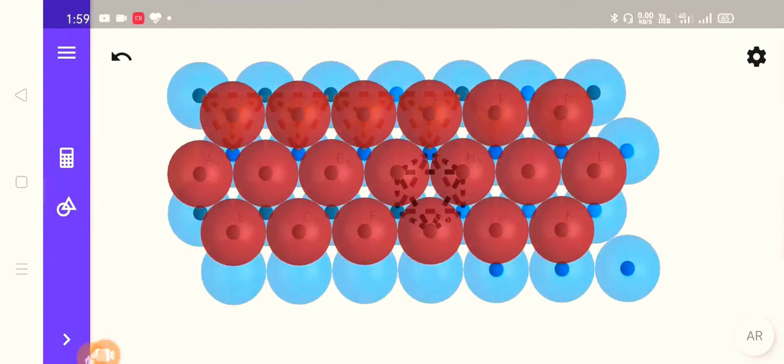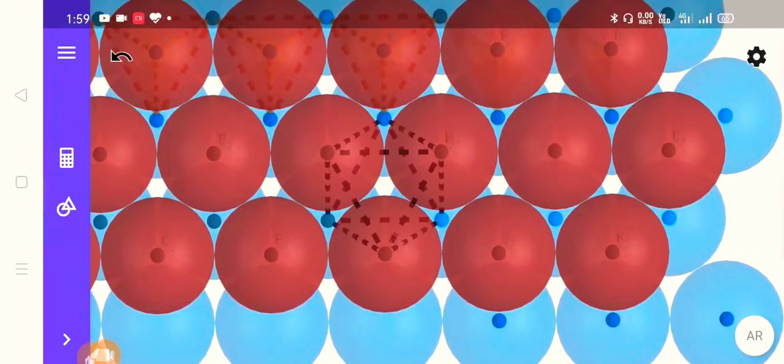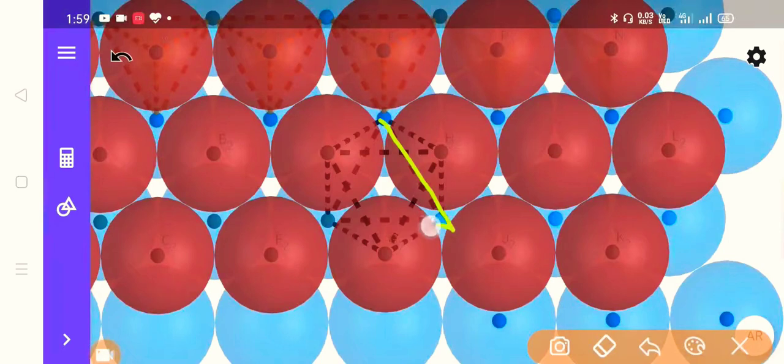Now let us find an octahedral void in this image. As mentioned, we need 3 spheres from the bottom layer and 3 spheres from the upper layer. So already one octahedral void is mentioned here. First of all, let us connect the centers of 3 spheres from the bottom layer. As you can see, when we connect these centers, you will get a triangle pointing upwards.